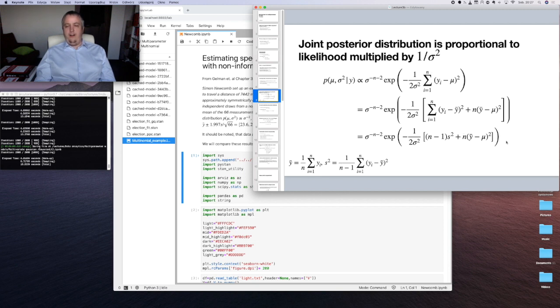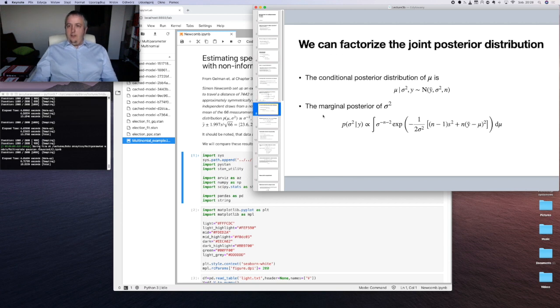So only on two numerical values, we can get the distribution of our parameters. Our posterior distribution is dependent on sigma and mu, and only on those two parameters of our data set. So what we can actually do here is some kind of factorization of our joint posterior distribution to even improve our analytical result, because we can